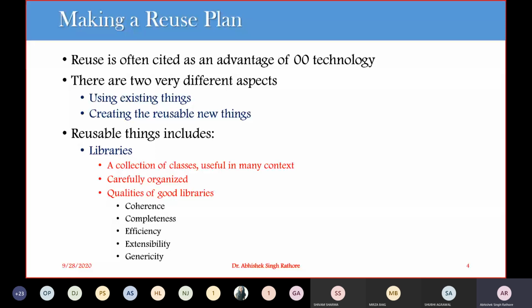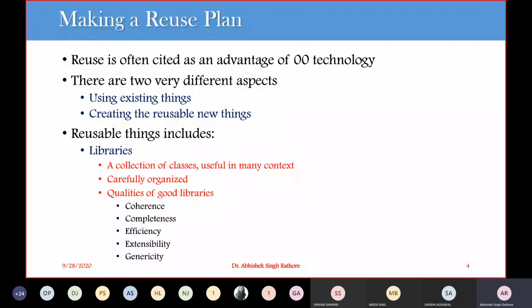Then again we are considering the efficiency of a good library. So what is this efficiency? A library should provide some alternative implementations of a particular algorithm, such as various sorting algorithms, that can save time. So this library should be efficient. It should save your time, or it should save your space. If you are developing this library, it should provide some benefit to the particular user.